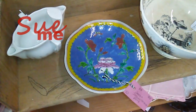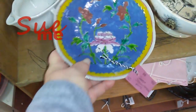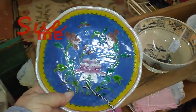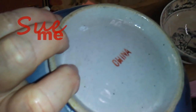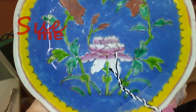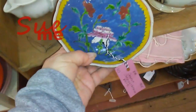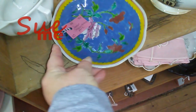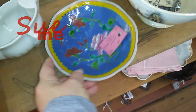Well, I am going to have to work really hard to beat this piece. This is that Chinese stoneware that I like so much. $10. Notice our mark. The China mark is 1890 to 1919. So this is an antique piece. Now, these pieces were household pieces. They got used. So I'm running my finger around the edge because they tend to nip and